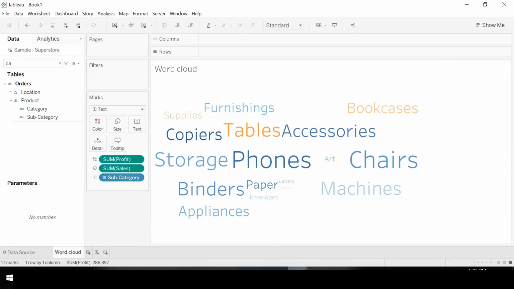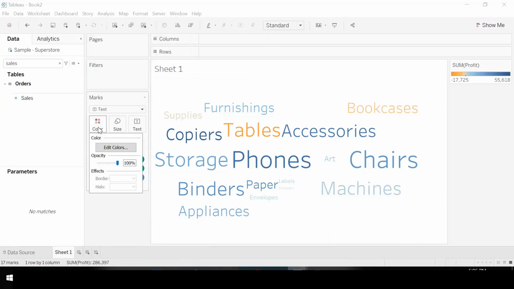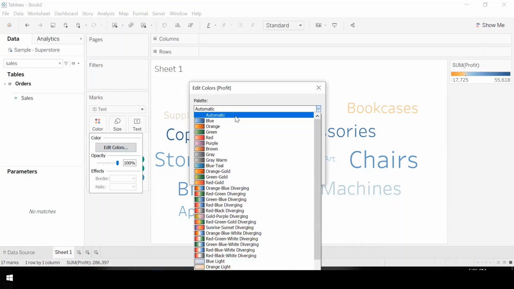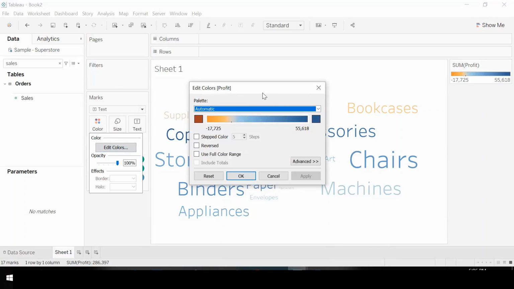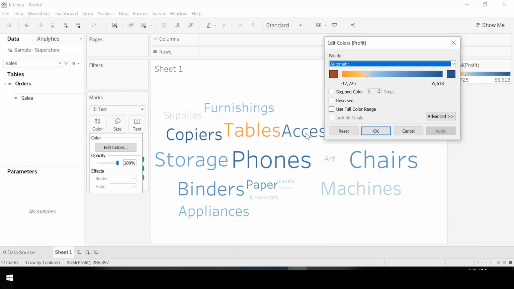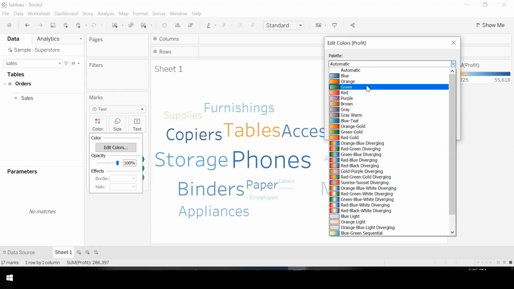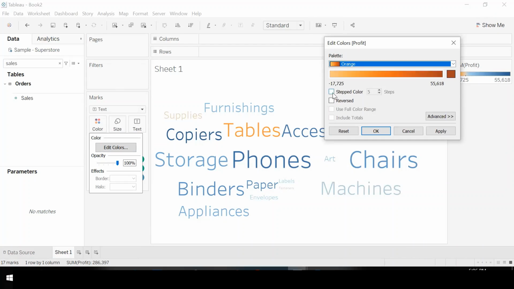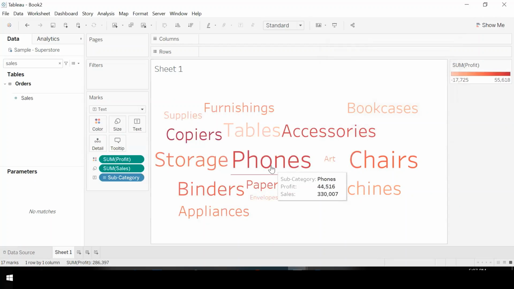But if you want to make it look prettier, then you can go and play with the colors. Effectively, I find the word cloud to be really good with one color, and that's what I do. So I just take the red here. So the deeper red shows that it has more sales and more profit. So effectively phones and binders are the ones which are giving a lot of